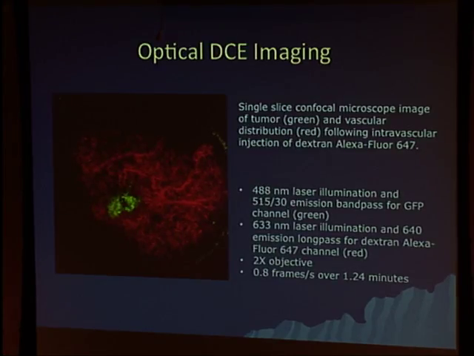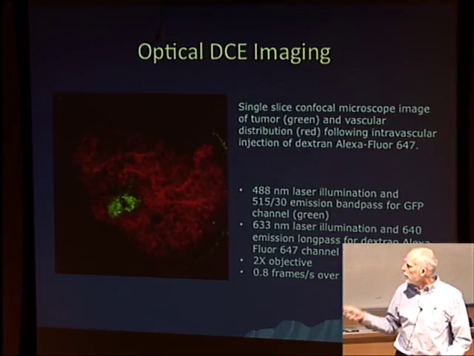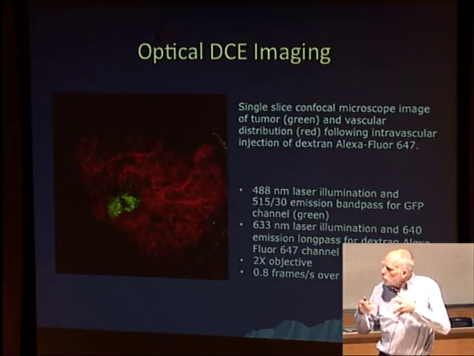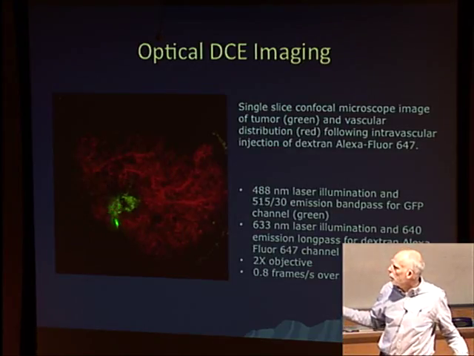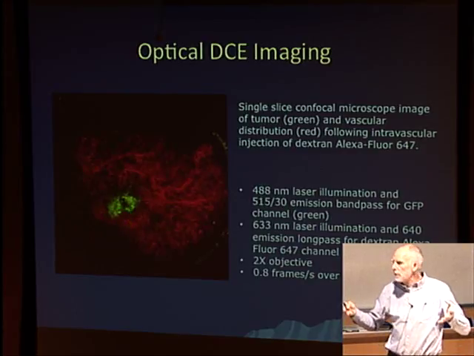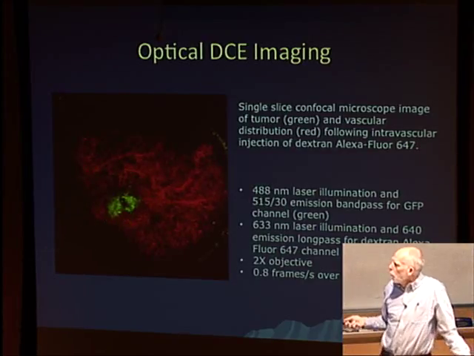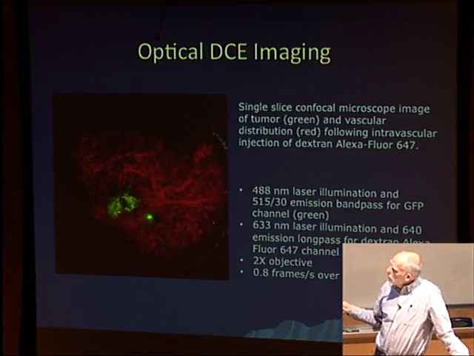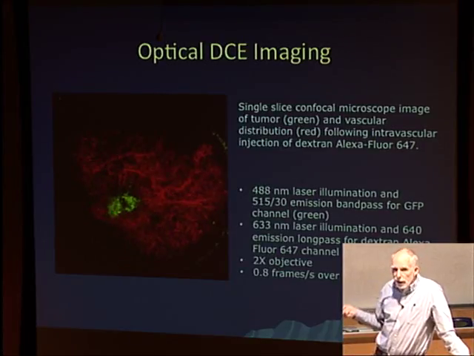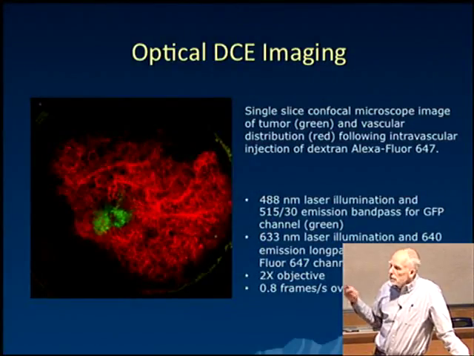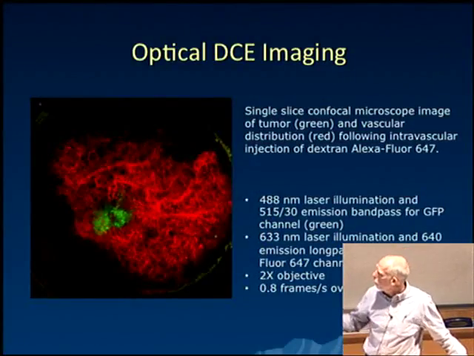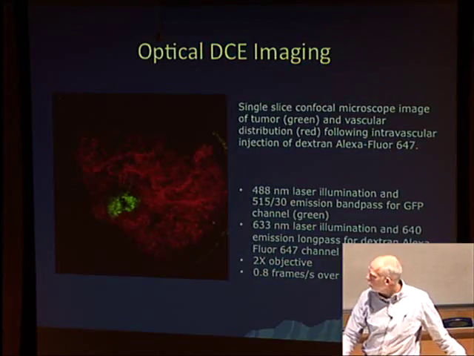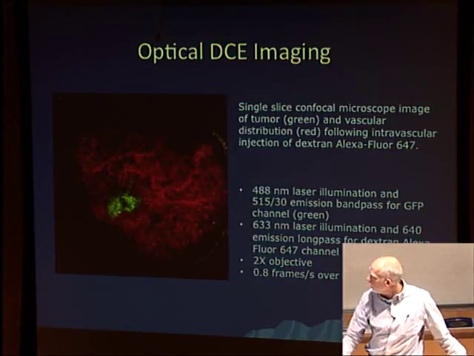It's filling the microvasculature within there as well. So this is something called dynamic contrast enhanced imaging that can allow you to look at the vascular properties of the tumor. Tumors generally have very poorly formed vasculature. They're leaky. They don't connect properly. And so one of the problems with chemotherapy and other kinds of therapy is that the drug never gets there because the vascular system is so poorly formed. And so that's part of the reason why these things become hypoxic and part of the reason why they become acidic. So there's this whole theory of what's going on in terms of the microenvironment of tumors that this technology will allow us to study very nicely.